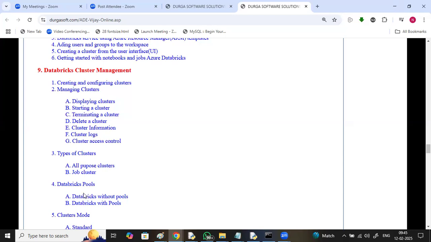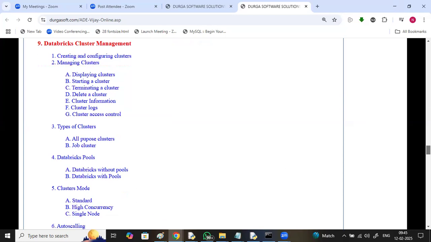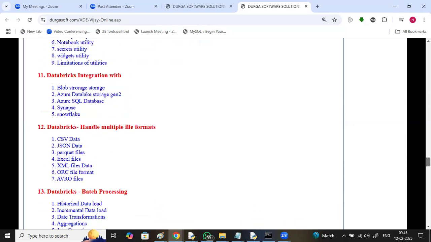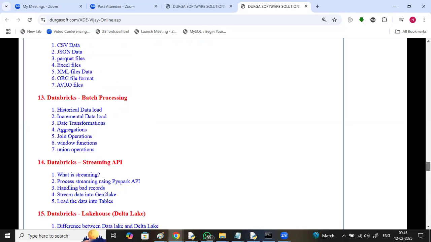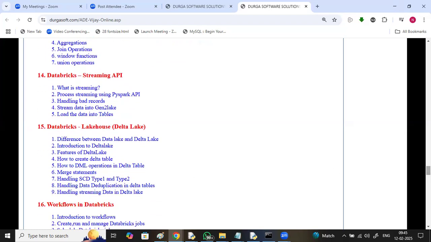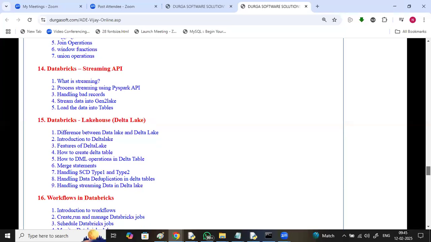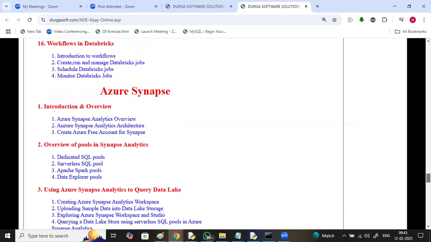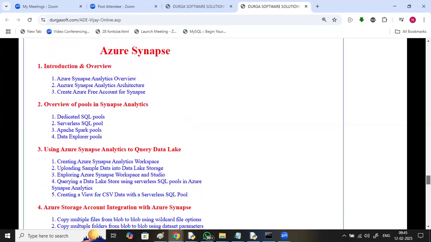Databricks pools, Databricks without pools, Databricks with pools, cluster mode, and also Databricks utilities, integration with different components, handling file formats, Databricks batch processing, historical loading, data transformations, Databricks streaming API, Databricks lakehouse, Delta Lake, creating Delta tables, performing DML operations, SCD slowly changing dimensions type 1, type 2, workflows in Databricks, Azure Synapse, overview of pools, using Azure SQL